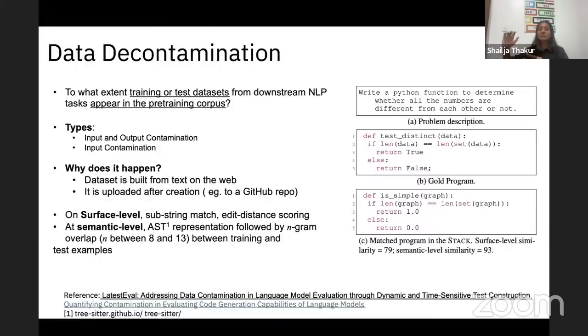Once we have applied the n-gramming, we can apply a similarity on top of that. Then, taking the surface level score and the semantic level score and doing some kind of math on top of it, which can be taking a max over those or a weighted combination of the two, whatever gives you the right approach to find the contamination,